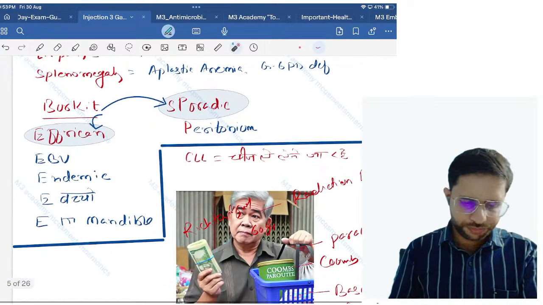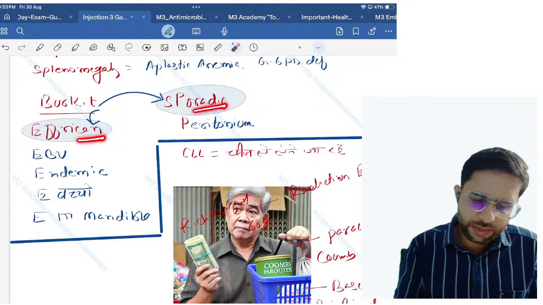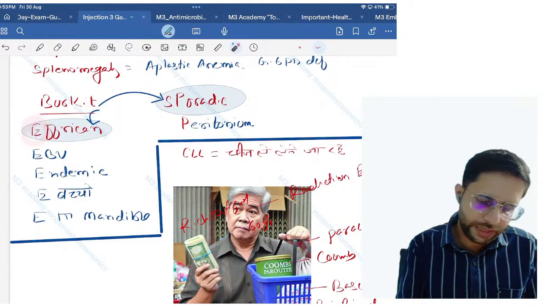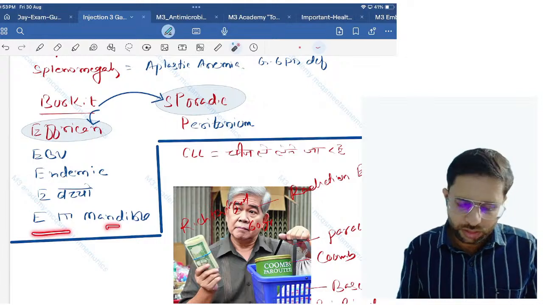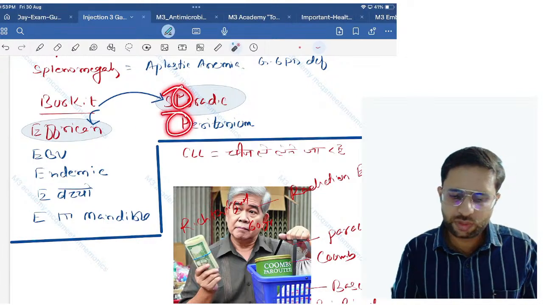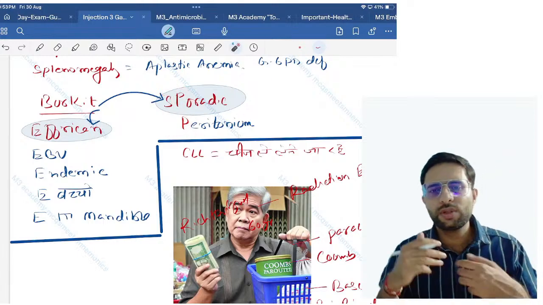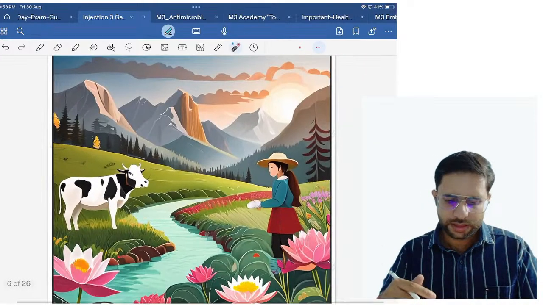Now, so next, Burkitt lymphoma types. Burkitt is African type and sporadic. African you can remember by E. E for Epstein-Barr virus is associated. E for endemic. E for बच्चों में, और E को उल्टा कर दो तो क्या बनेगा, मैंडिबल में मिलता है। स्पोरैडिक इज़ सीन, स्पोरैडिक involves peritoneum. तो स्पोरैडिक टाइप का बर्किट किसको इन्वॉल्व करता है, पेरिटोनियम को। यस, आगे चलते हैं द नेक्स्ट स्टोरी।